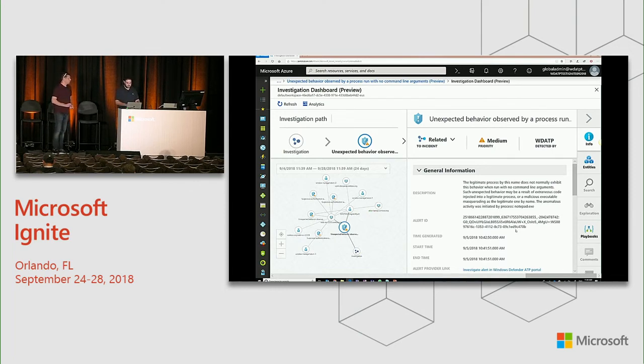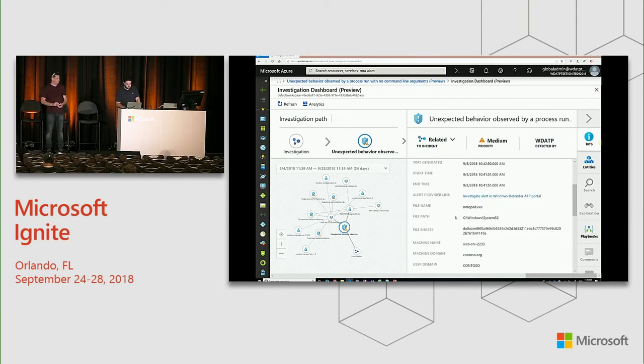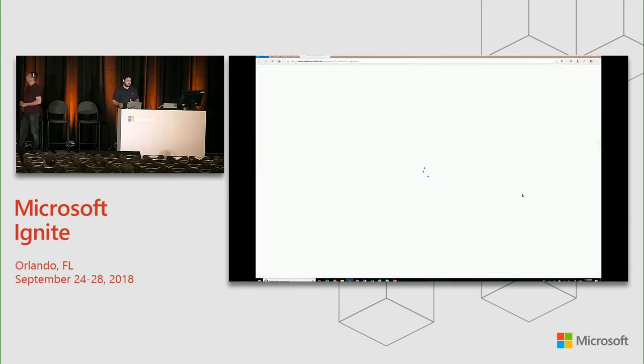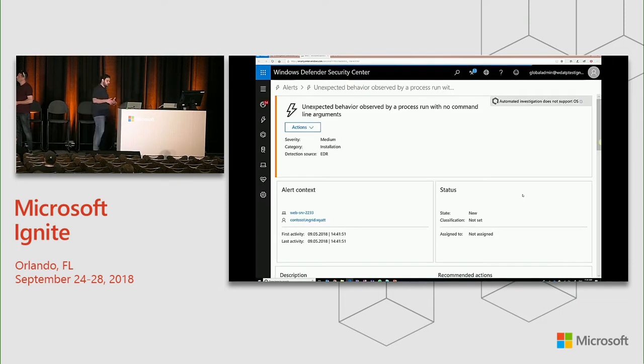Within that specific alert, you see the alert provider link. When you click on that, you're immediately redirected for deep dive and hunting in the Windows Defender ATP portal. And this whole integration is offered out of the box and is done in an automatic fashion as part of the registration to the Azure Security Center service. With that,